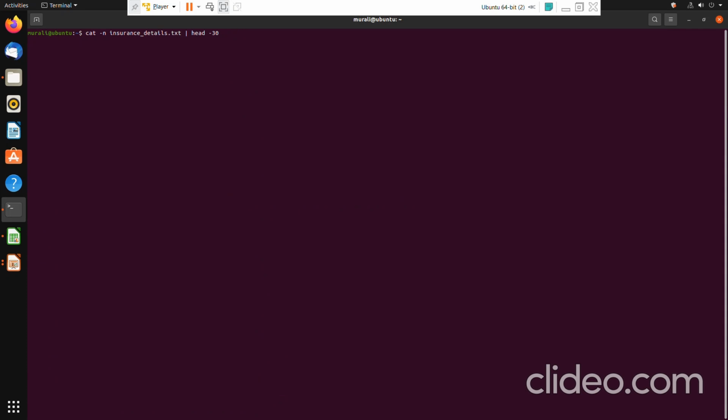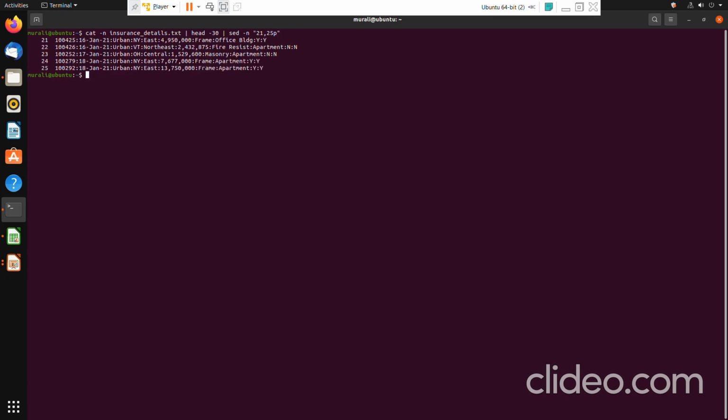Now what I want to do, from among these 30 lines, is print the 21st line to the 25th line. So what I will do, SCD -n, because I am giving the print action, then 21,25 P. See, it is selecting and printing the 21st line to the 25th line.